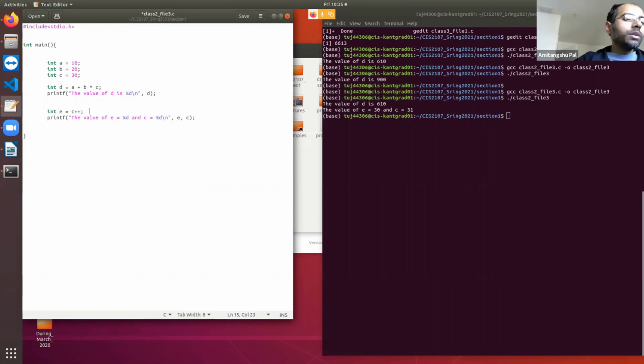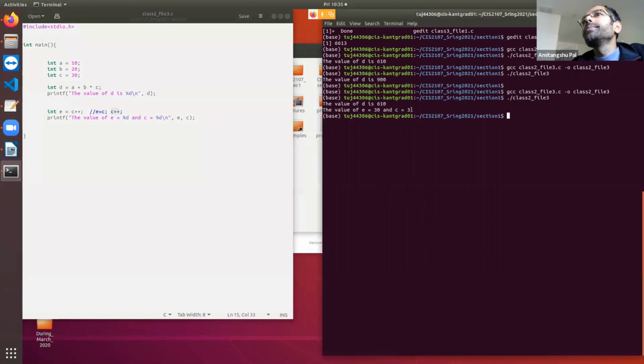These two statements are kind of merged in this one statement. E equal to C plus plus means first C will be assigned to E and then C will be incremented by 1. So first C is assigned to E, that means 30 is assigned to E. So E equal to 30 and then C has incremented from 30 to 31.